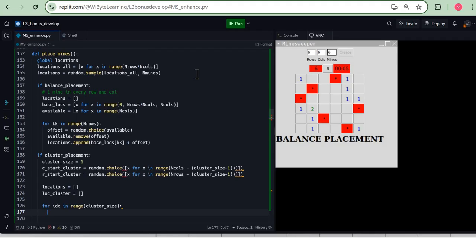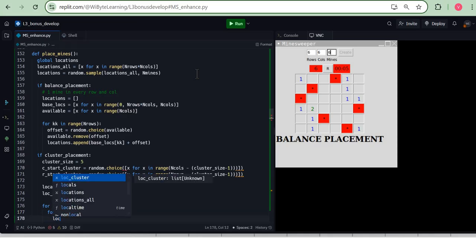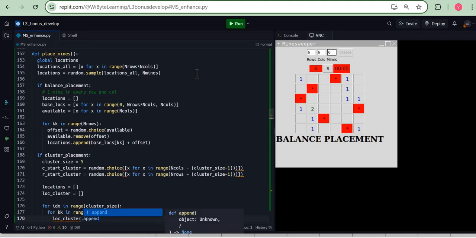So I just say for idx in range cluster size, and let's say another, for kk in range, let's say cluster size. So basically both rows and columns, I look in both directions, and what I do is just take lock cluster dot append. And what do I append to this? Well, like I said, we want to append the location, and that can be done by saying n calls times r cluster size plus index,